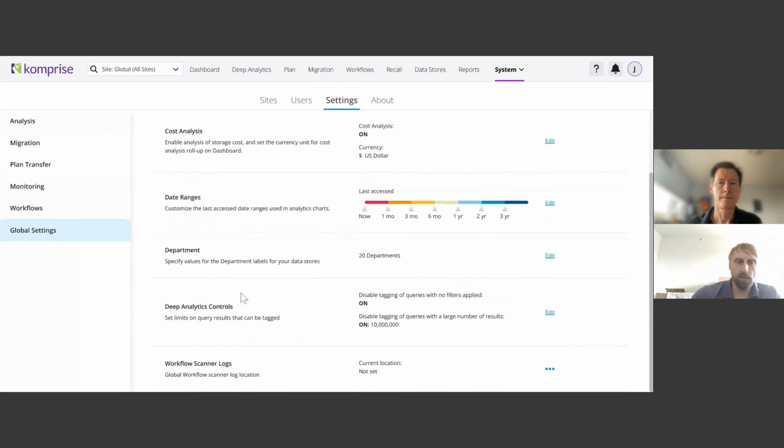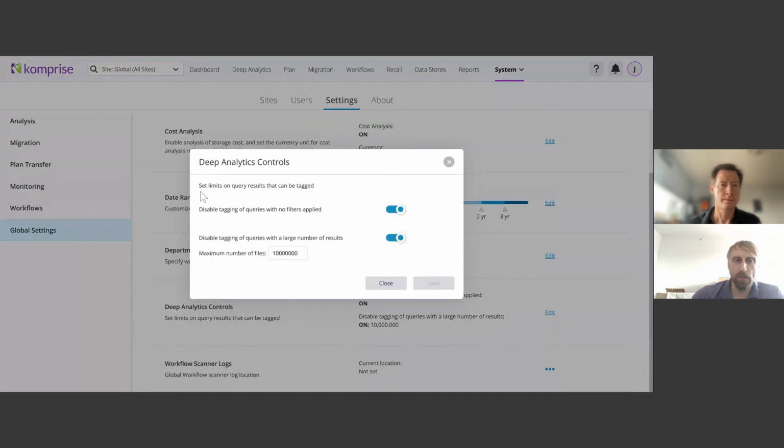So here we have some deep analytics controls, and here you can set limits on query results that can be tagged. So by default, we disable tagging of queries with no filters applied,